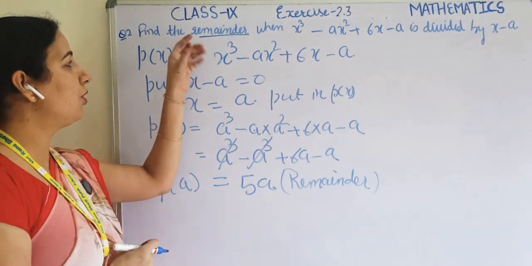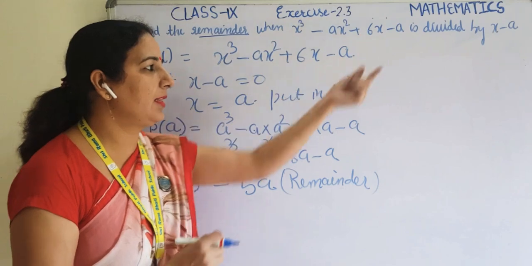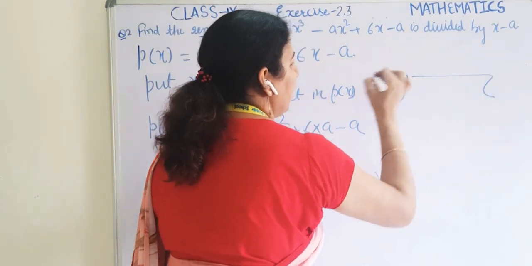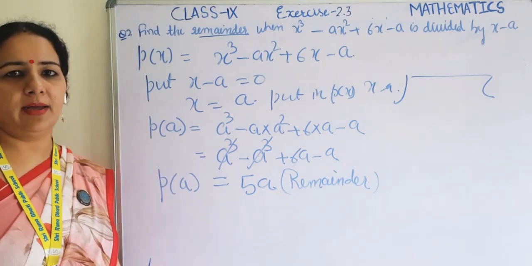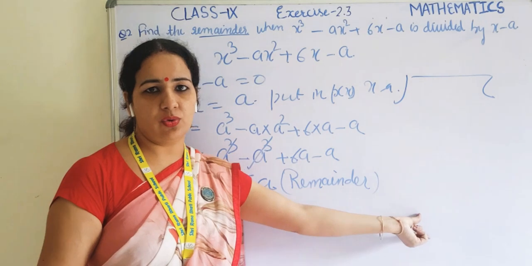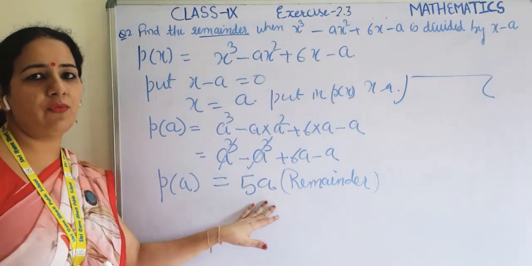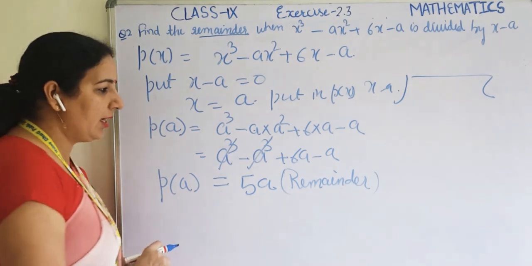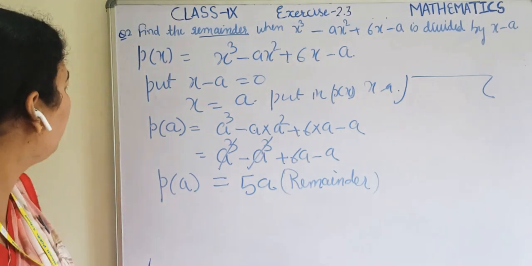If the question was divide this polynomial by this, then we will use this proper method, this one only. But if the question is find the remainder, so we can calculate remainder by this method also or by this method also. So this is more easy, so we will follow this method only to calculate the remainder. Now their next question is related to the